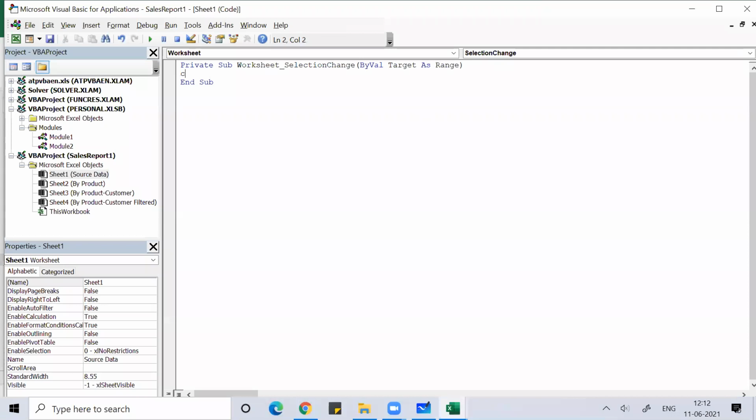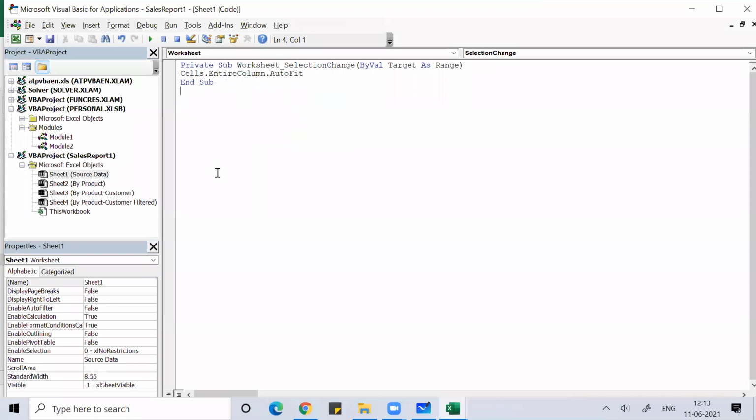Inside that, write Cells.EntireColumn.AutoFit.